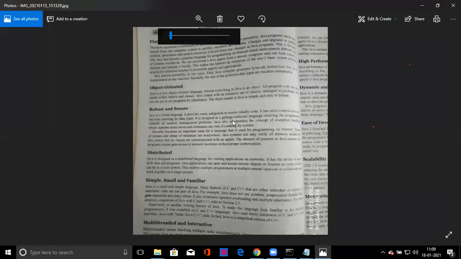Garbage collection means the memory which is unnecessary will be deallocated, and useful memory is allocated for running the program. So memory management can be done, so Java is robust. For that purpose Java is robust, and there is also the exception handling concept which will prevent the system from